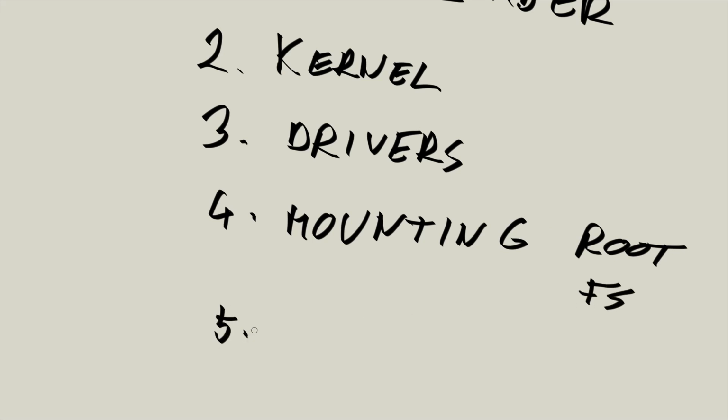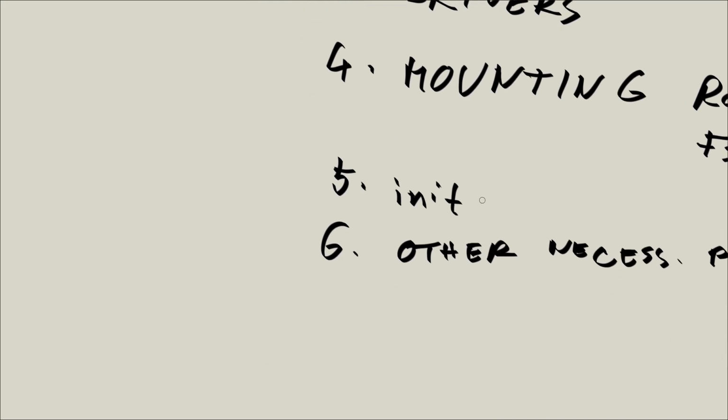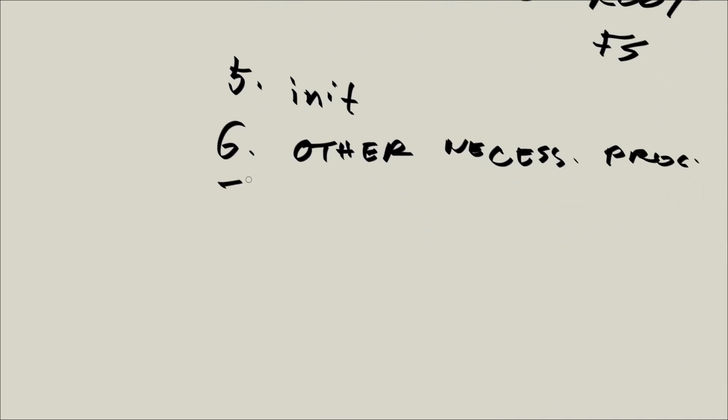Then the fifth step is the kernel starts a program called init. Okay, and this init has a PID equal to 1. Then init starts other processes. Okay, so I'll write this as other necessary processes. And then what happens in the end is that at some point at or near this entire process, I